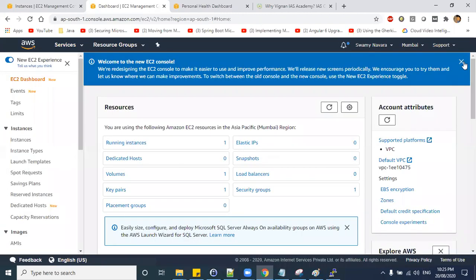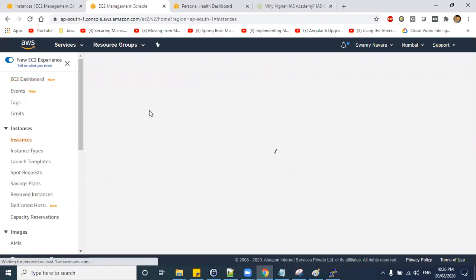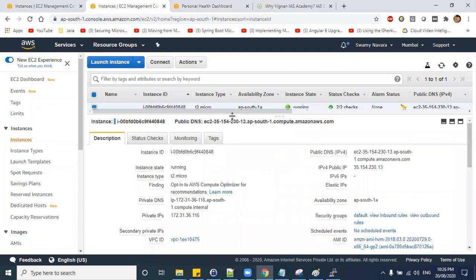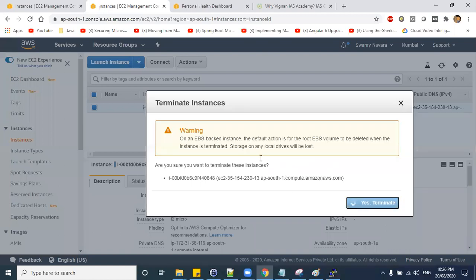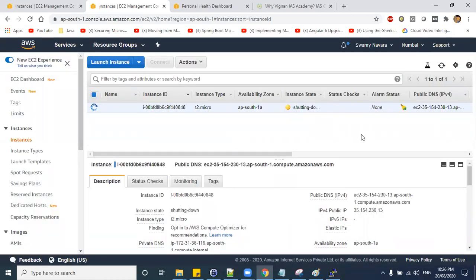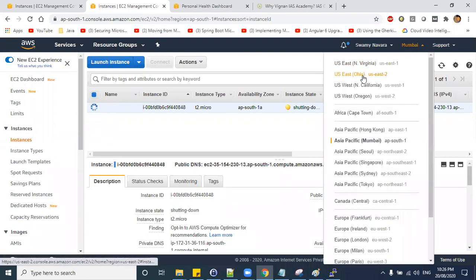When you do this lab, don't forget to terminate your EC2 instance, because once you change the location, you will not go back to that location. Even now, you have not enabled any notifications, right? Servers are running like that. So make sure you terminate this instance. Now you can come back to our Ohio region.